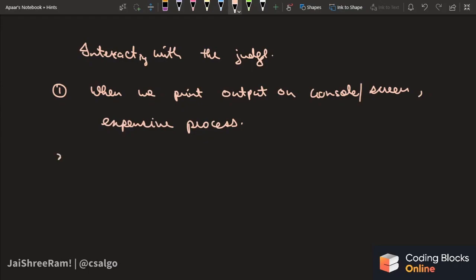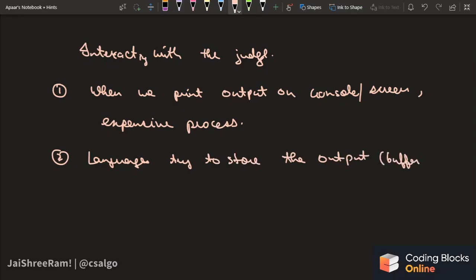So what do these languages do? These languages try to store the output that our code actually printed. They store that output, and it is called buffer output, right? So they store the output in a buffer, and in the end, when the program terminates, I will give you an example, I'll run it also on the screen. When the program terminates,